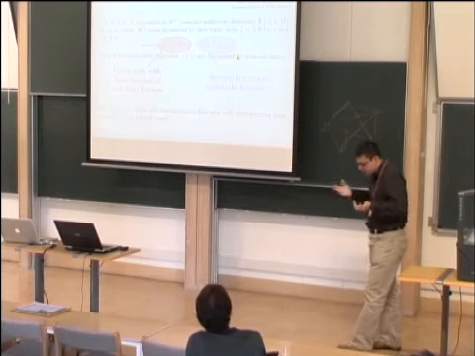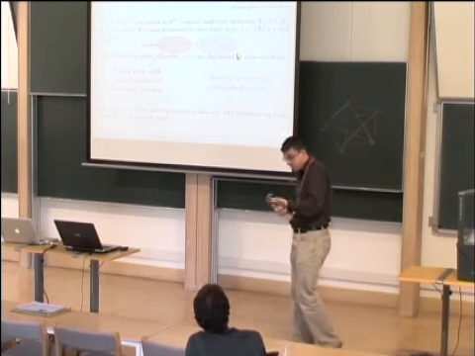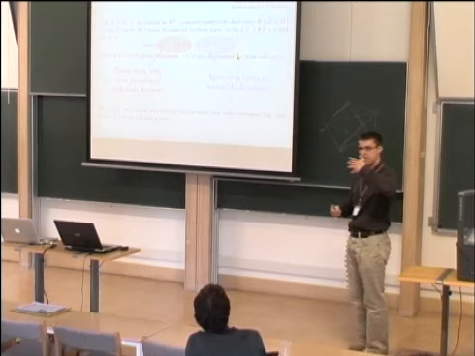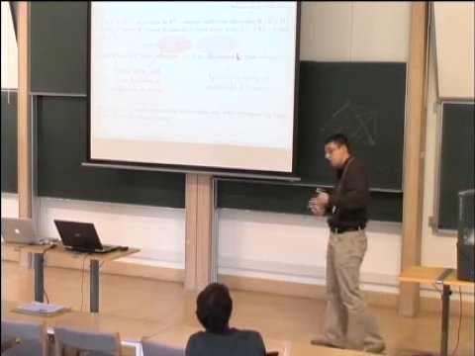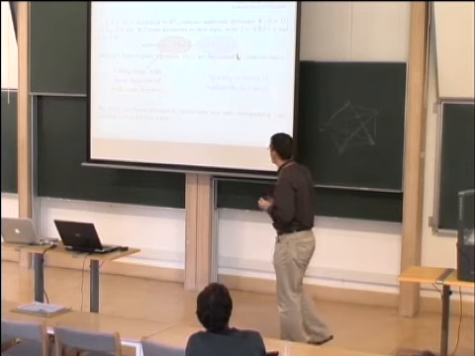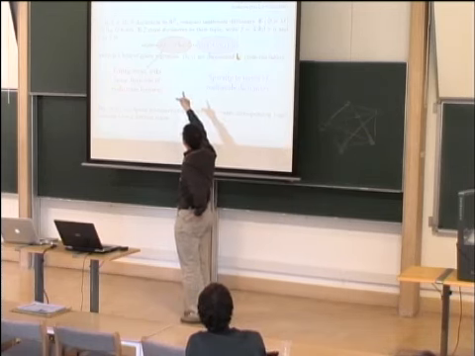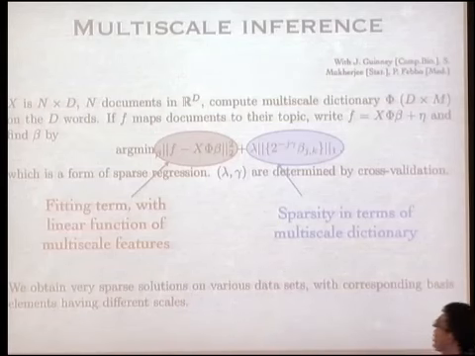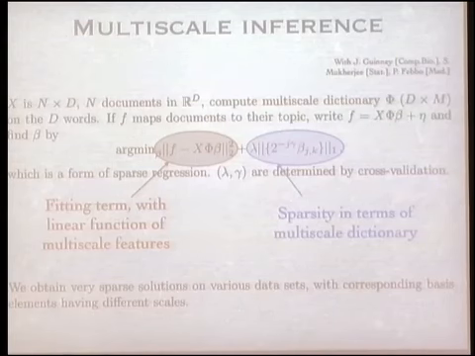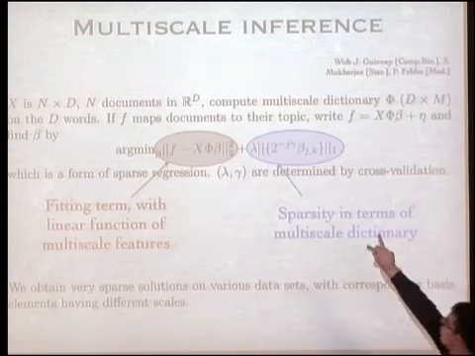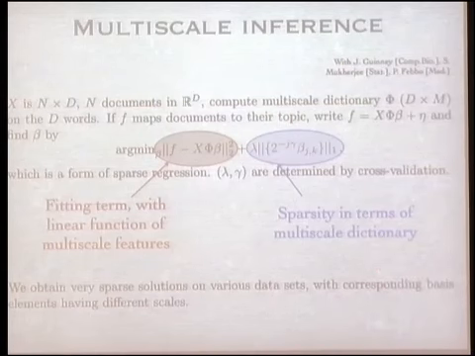And this is a very well understood phenomenon. The sparsity really is very basis dependent. You can do it in the basis of a gene, or you can do it in a multiscale basis of genes. And so we tried this out. We have a function on the graph. Phi is our multiscale dictionary. And we have a fitting term, as usual, and a regularization term. And the sparsity comes on the coefficients beta jk of the function onto our multiscale basis functions.